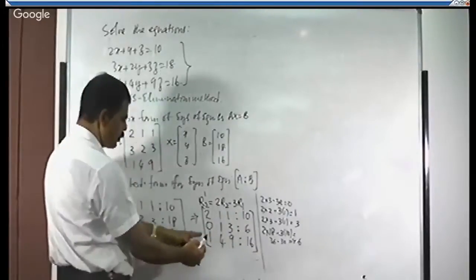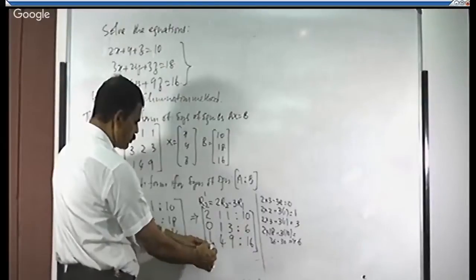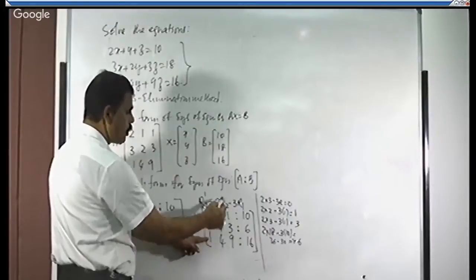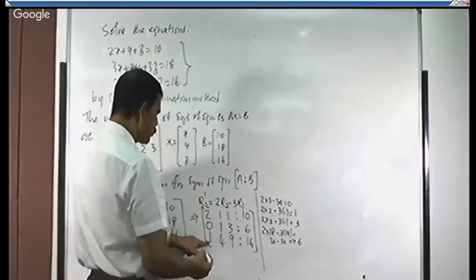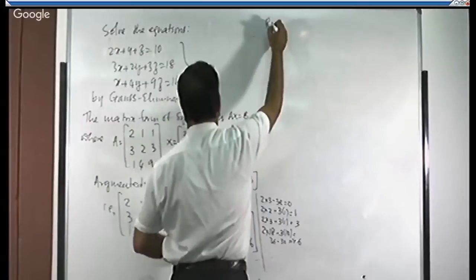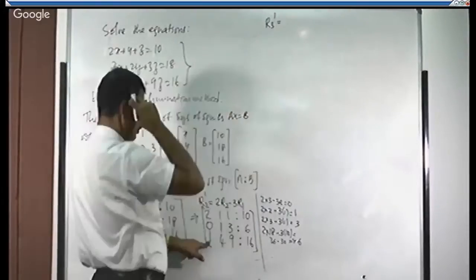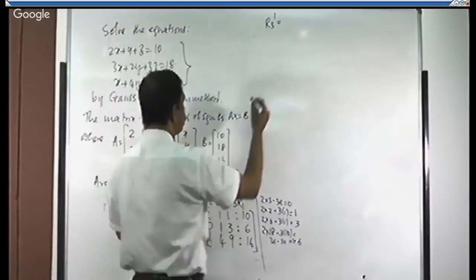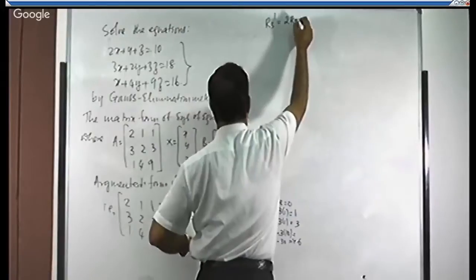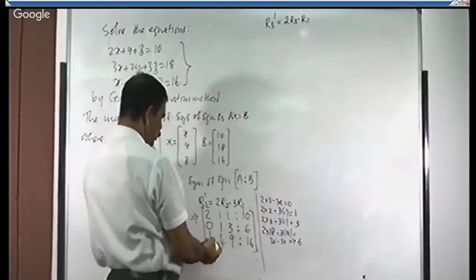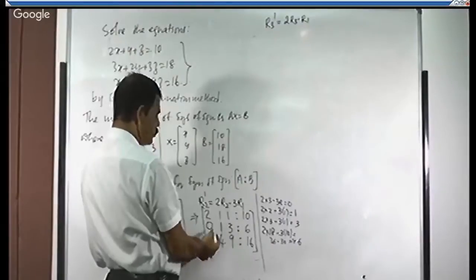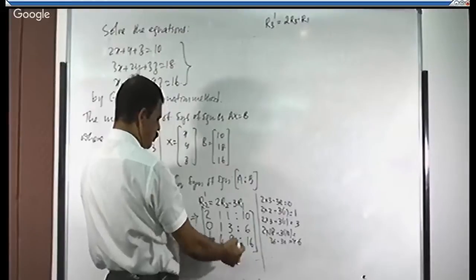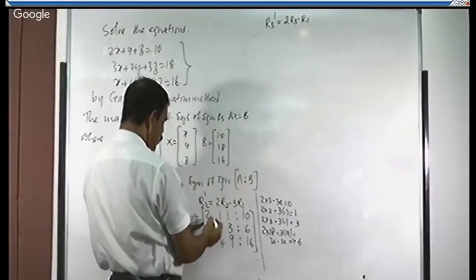Then what is next step? In this next step, we need to make this as 0. To make this as 0, again use row operation. What row operation do I have to establish? R3 dash is equal to, here is 1, here is 2. You just make 2 times R3 minus R1. 2 into 1, 2. 2 minus 2, 0. So my intention is to make this element 0. So other elements may be anything, right?